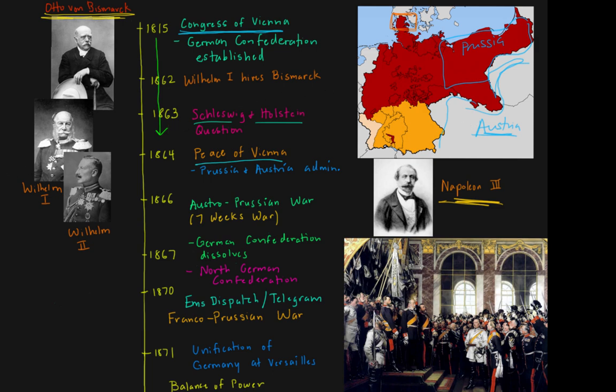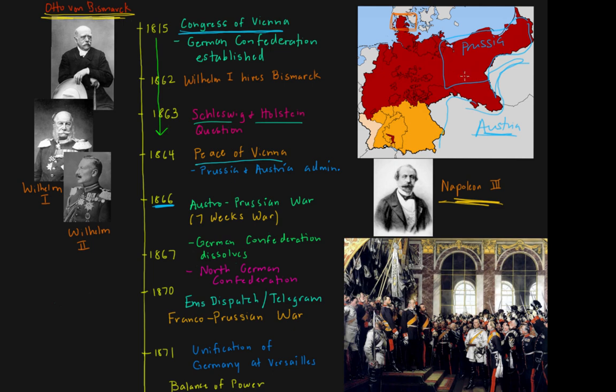Now, this Peace of Vienna was pretty good for a couple of years until 1866, when the tensions between Prussia and Austria went to an all-time high. Prussia and Austria each wanted to be the number one head honcho in the German Confederation, but didn't want the other one to be number one. So these tensions come to a boiling point, and Bismarck has been training his army. He's been equipping his army. He's been buying them new cannons, new weapons, and he knows that Prussia now has a stronger military than Austria. And he provokes Austria into declaring war on Prussia.